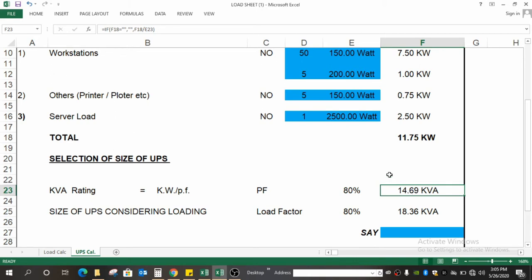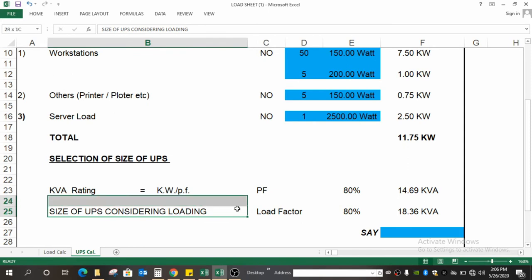But no equipment runs on 100% load. Normally we put the load as varying from say 80 to 85, 90% maximum. On the safer side, we are considering the load factor as 80%. This is the load factor. Actually, load factor and diversity factor all mean one thing. Here we calculate what load we give to a system, and in diversity factor, we calculate what percentage of load we are freeing from the system.